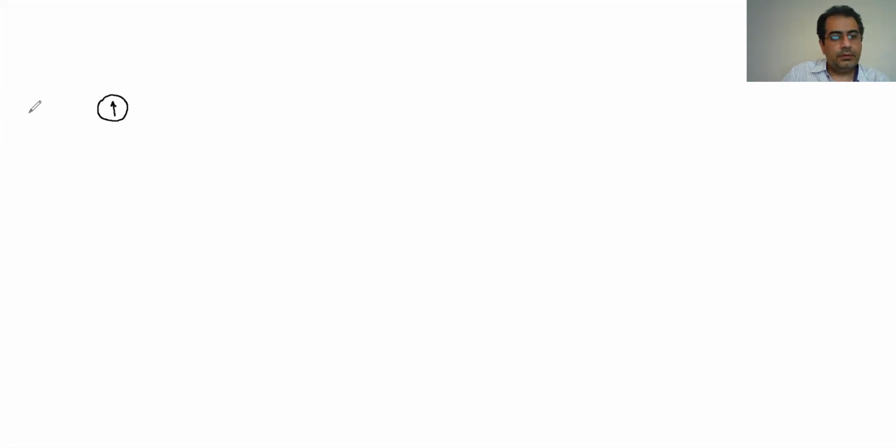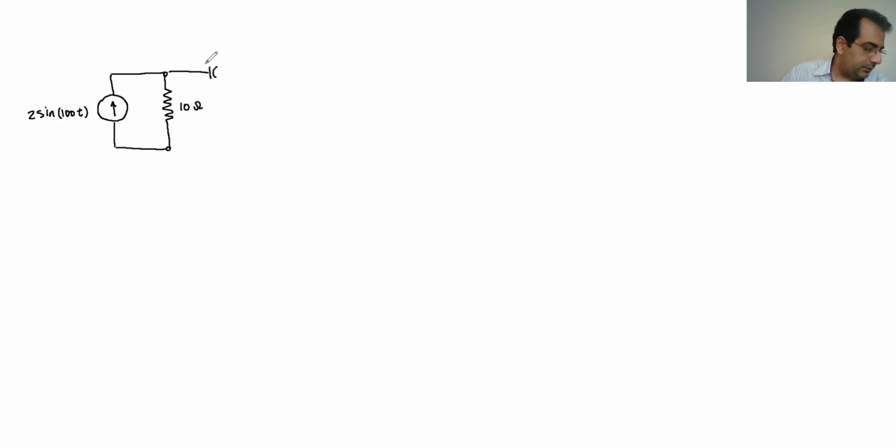We have a current source that's going to be 2 sine 100t, and it's connected to the resistance 10 ohm, and then there is a capacitance where C is 2000 microfarad, and then there is an inductance where L is 0.1 henries,